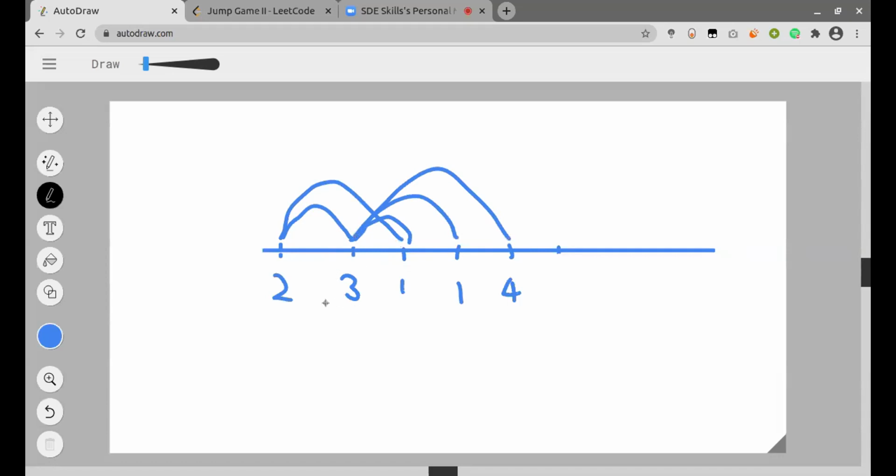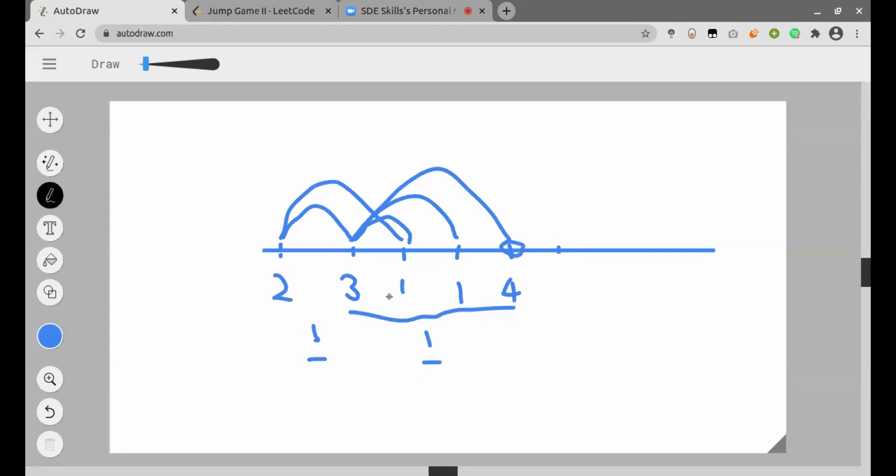For example, from 2 to 3, the minimum number of steps was 1, and from 3 to 4, the minimum number of steps was 1 again. So at last we just need to reach the last index. So here we get the final answer as 1 plus 1, 2.